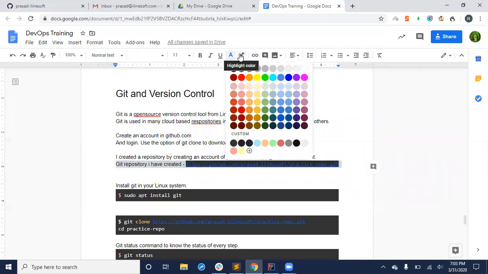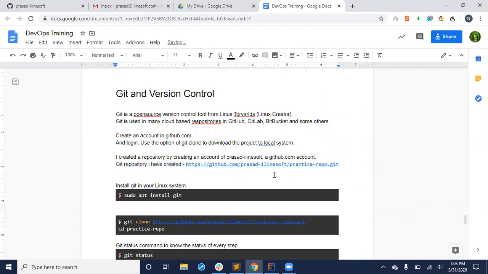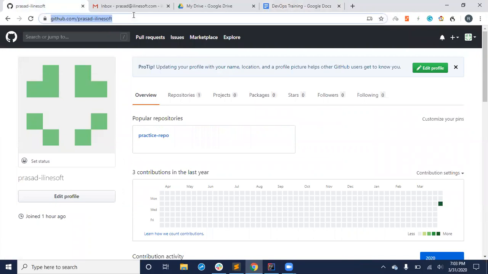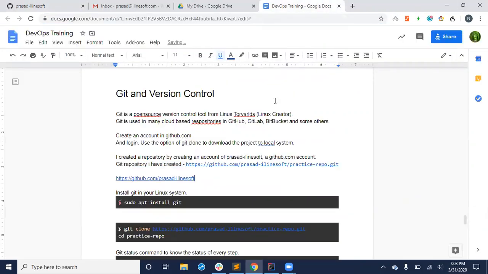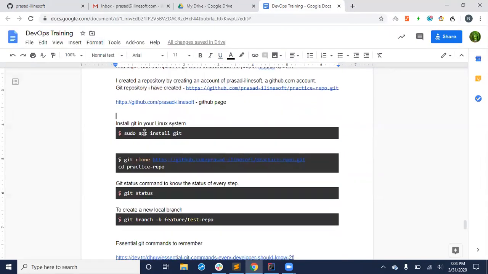It's mainly accessible from here, the GitHub page. So now, how you can manage your system, you can install Git and you can clone it.